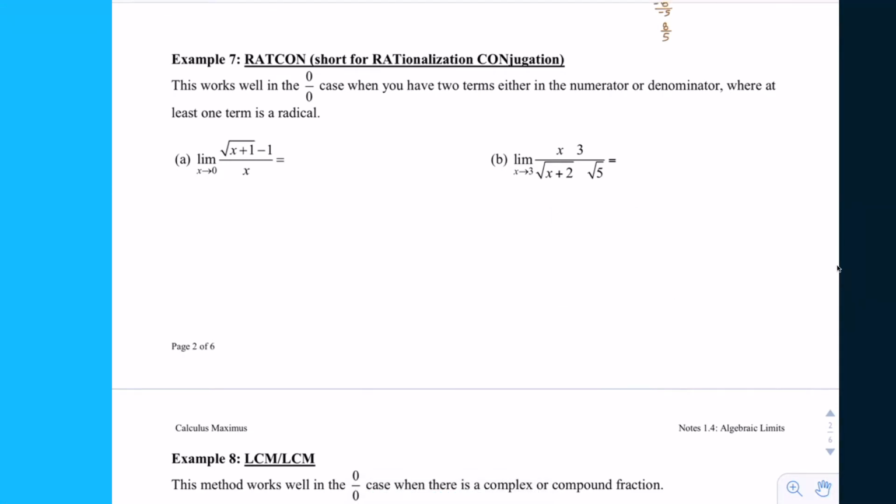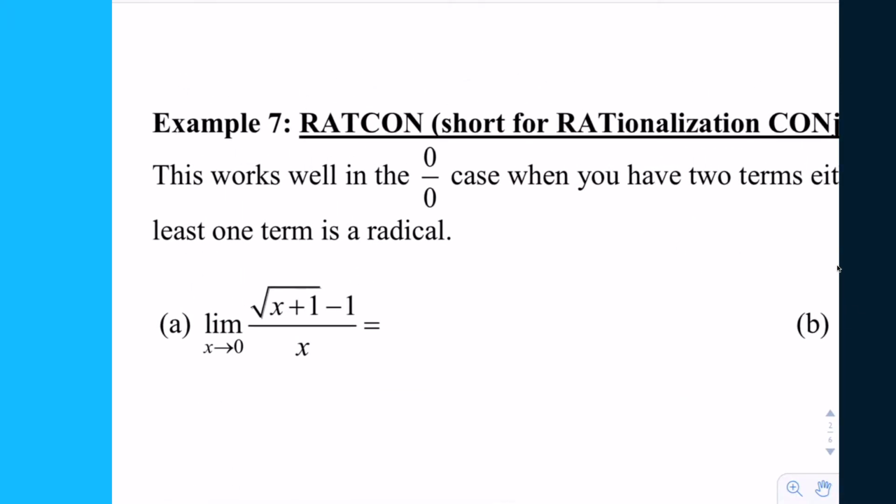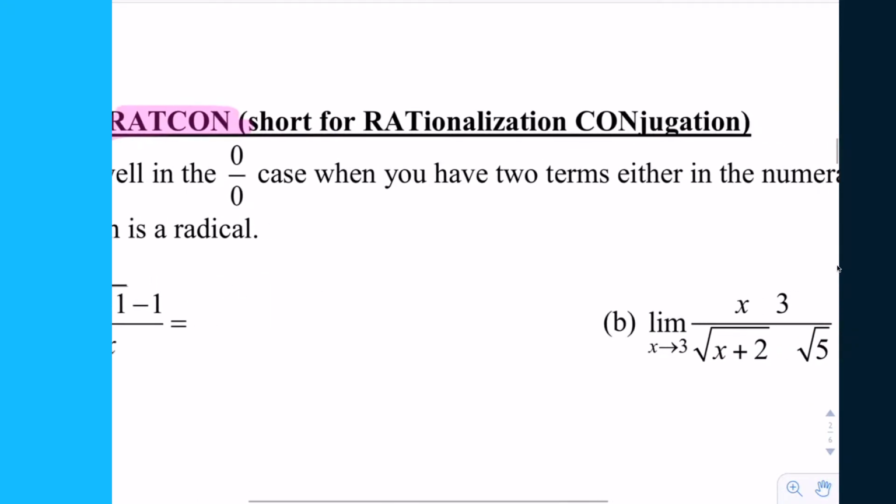1.4, algebraic methods for evaluating limits. Example 7 gives us our first new algebraic method for reconciling 0 over 0 or infinity over infinity. Remember, that's kind of what we're after. So example 7, I've given the name RATCON to. RATCON, which is short for